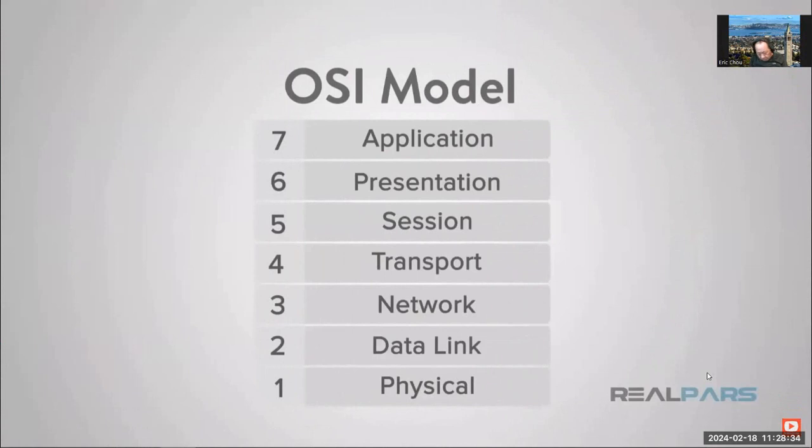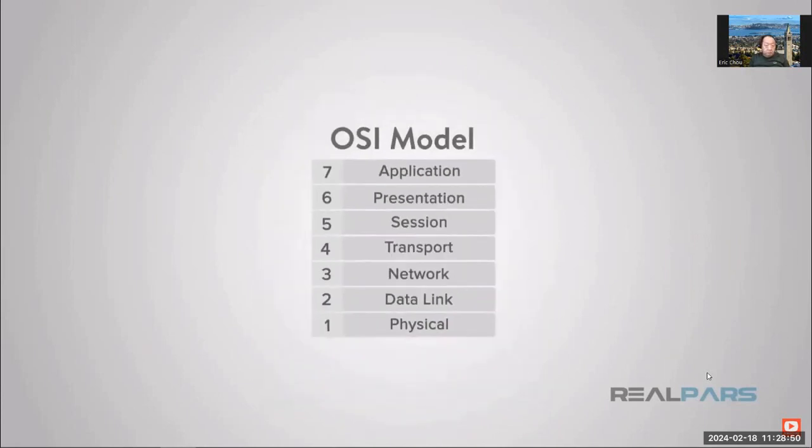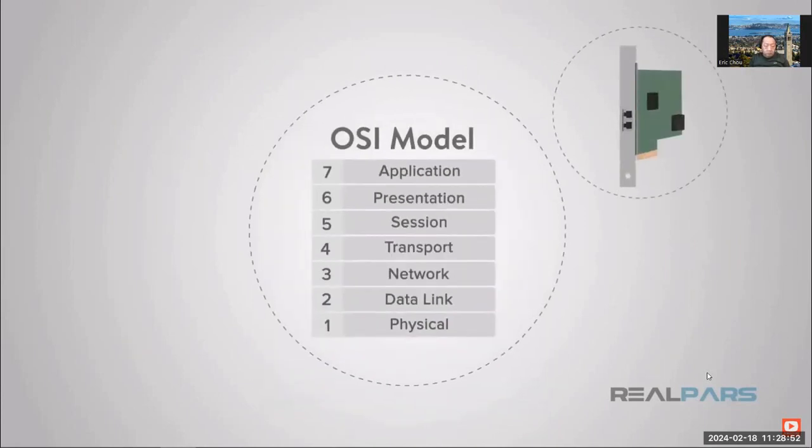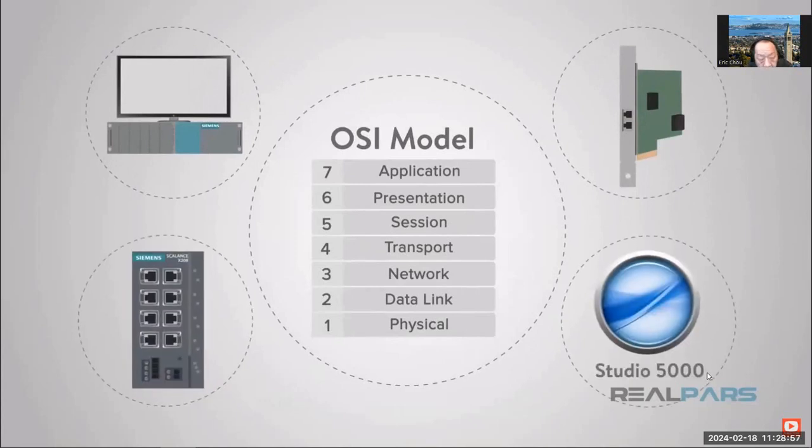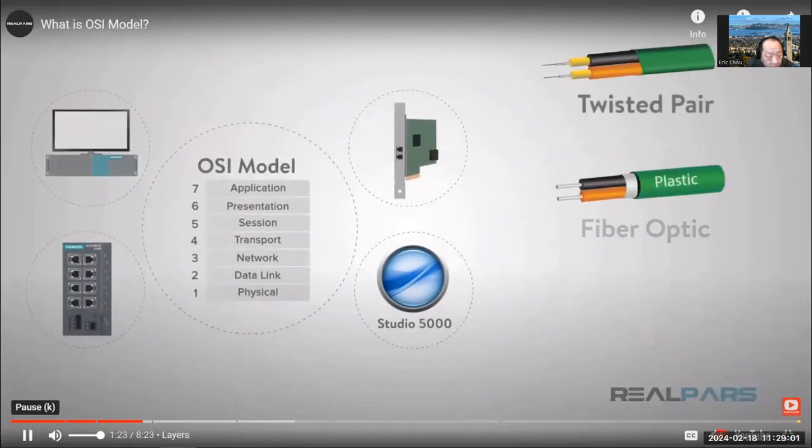The OSI model layers are typically described from the top layer down. The layers are described as application, presentation, session, transport, network, data link, and physical. These layers are provided by a mixture of network card drivers, operating systems, applications, and networking hardware that facilitate the transmission of signals over Ethernet, fiber optic,